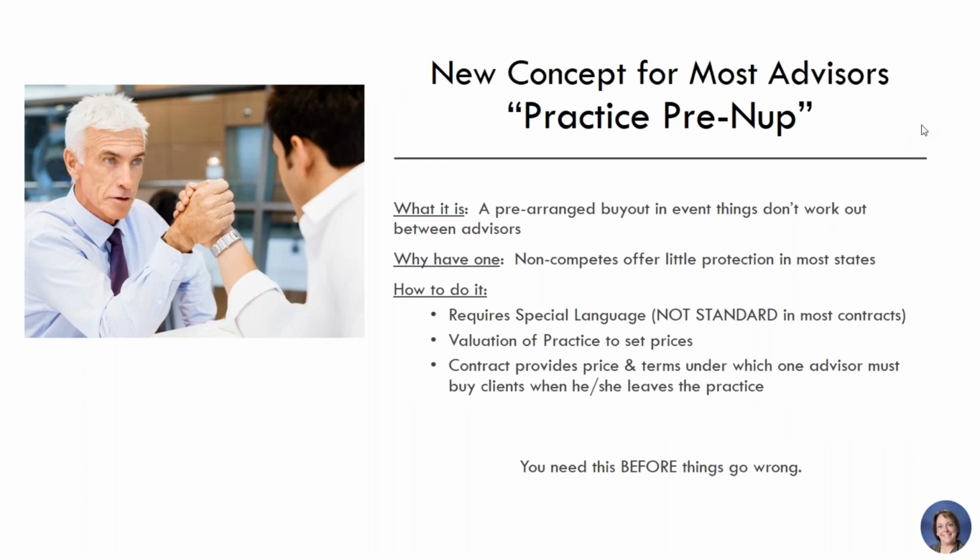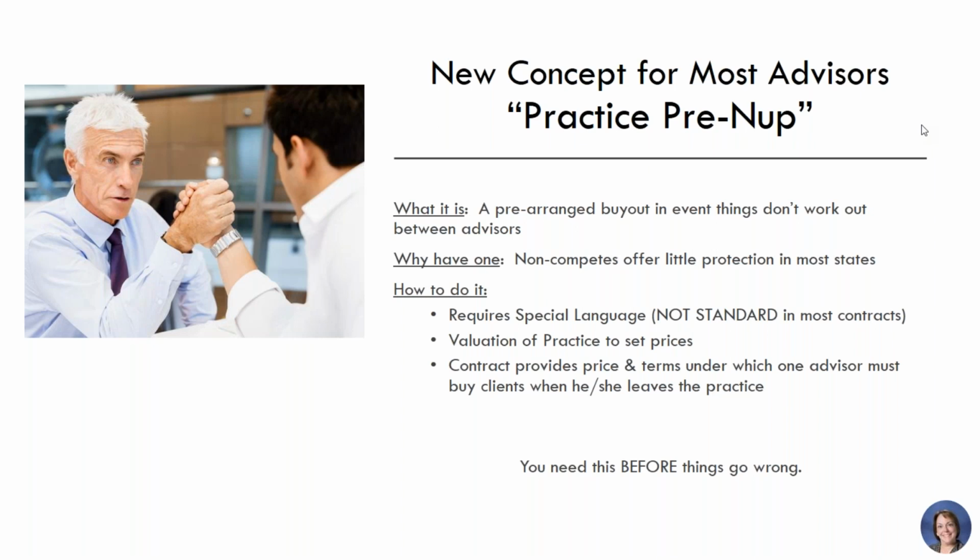Finally, what I wanted to touch on, and this is a relatively new concept for most advisors, is that for years Ameriprise has had sample documents and we did the Protecting Your Practice presentations. But one of the things we found over time is that when you put together your documentation, there are important provisions to have, including non-solicitation versus a non-compete. But the problem with those types of terms is they are limited state by state in terms of what protection you really will get. So one of the things we're recommending is that in your documentation, you put the right provisions in for what we're calling a practice prenup, where it's not standardized language as in most contracts, but as you're setting out and valuing your practice, looking at